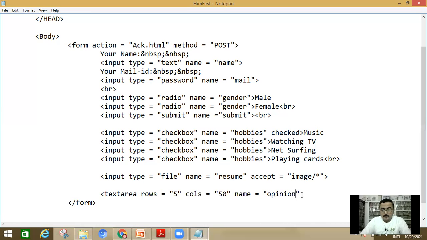Clear? So this is the opening brace. Please write your review here. Okay. And after that, I am now going to place a closing tag text area.